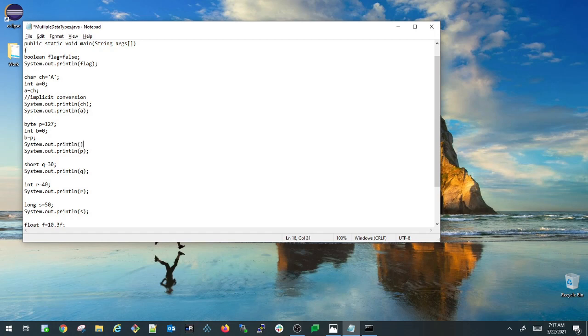I'm printing the variable b here, and doing the same for an int variable. I want to convert my int variable from int type to long type, so I'm declaring one more variable, long c equals 0. I'm assigning c equals r, and printing the same thing here.